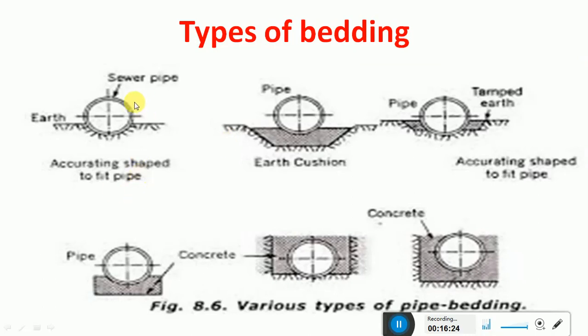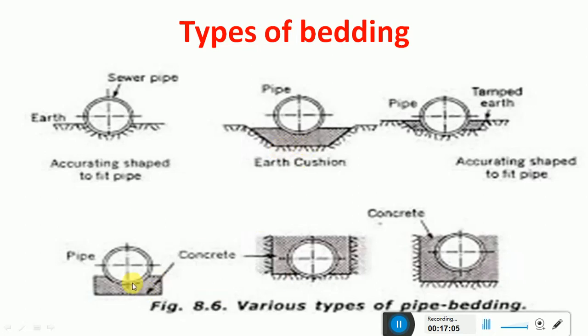Okay, so this is the sewer pipe and this is the excavated earth. Sometimes it is directly placed and sometimes we provide earth cushioning. Why is the cushioning provided? When you lay the sewers, at the places of joints, if some cushioning is not provided, then due to the brittleness the joints may start to break, and it will also cause some shear in the network of pipes, which may lead to leakages. For that reason, some earth cushioning is provided.